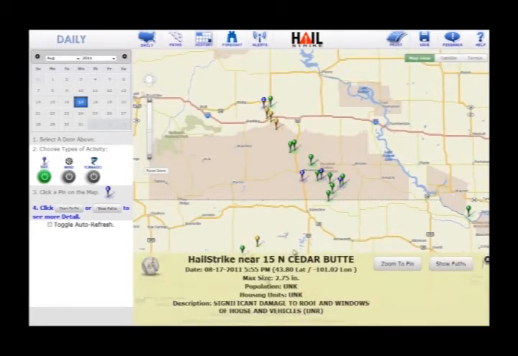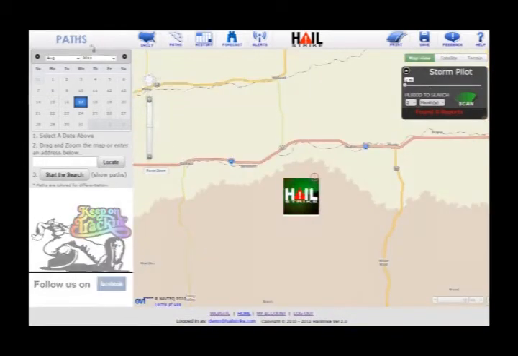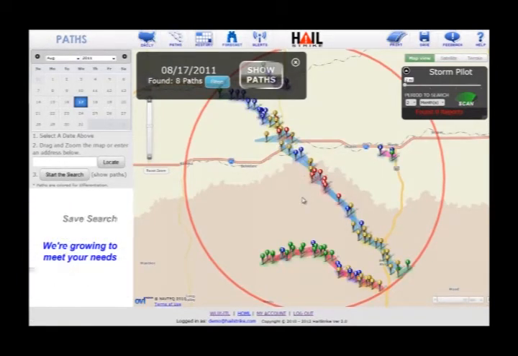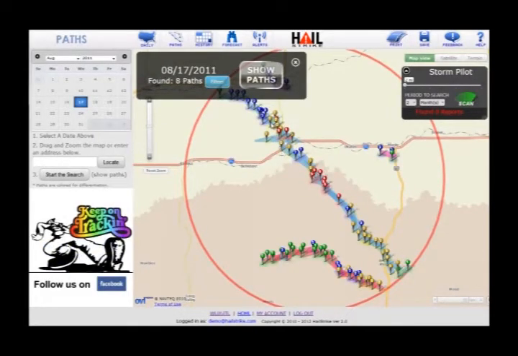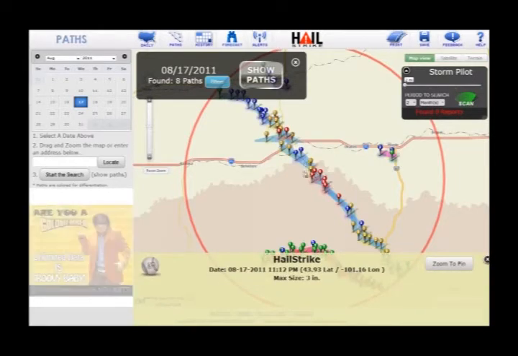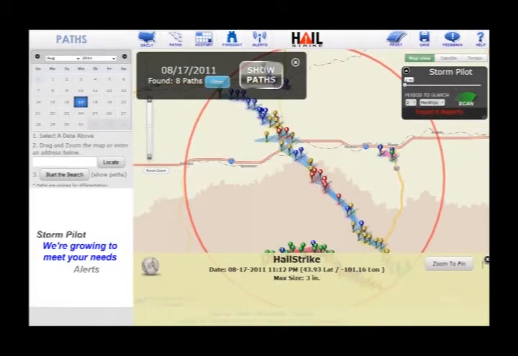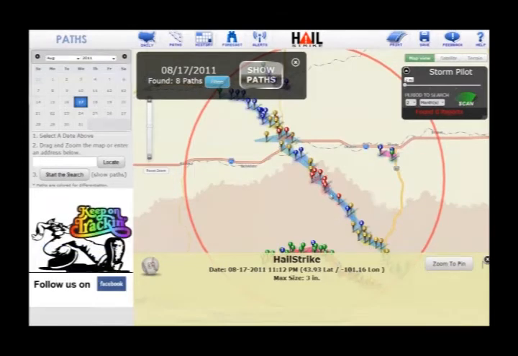So I'm going to click on this, and in the details pane, I'm going to show paths. I click on that, and you can see now we're in path mode, which is the second mode. And we see the actual path the storm took, this is going to be a whole lot more helpful than just a single pin saying there's just a little bit of activity. Now, these markers look the same, but they basically depict something different. This is now radar information coming from the Doppler radar. You see the human elements have been taken out of the report, and what we're looking at is actual radar